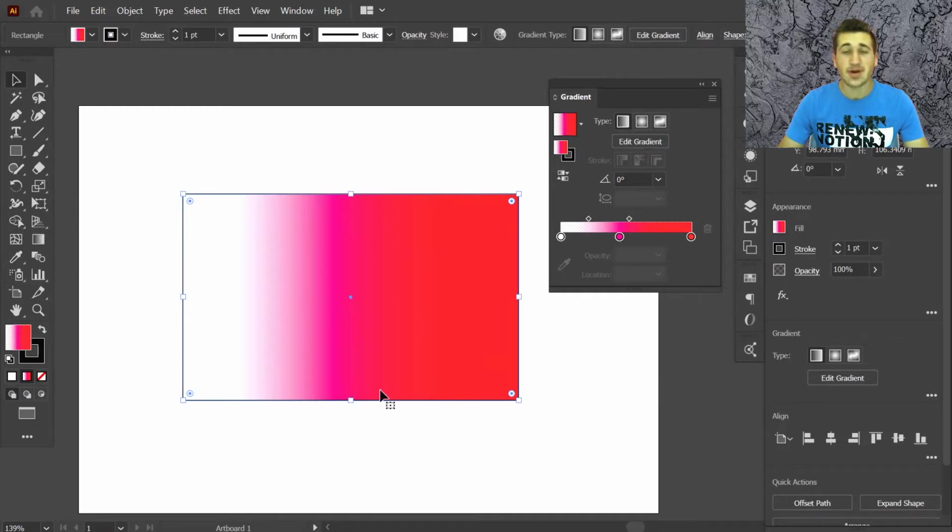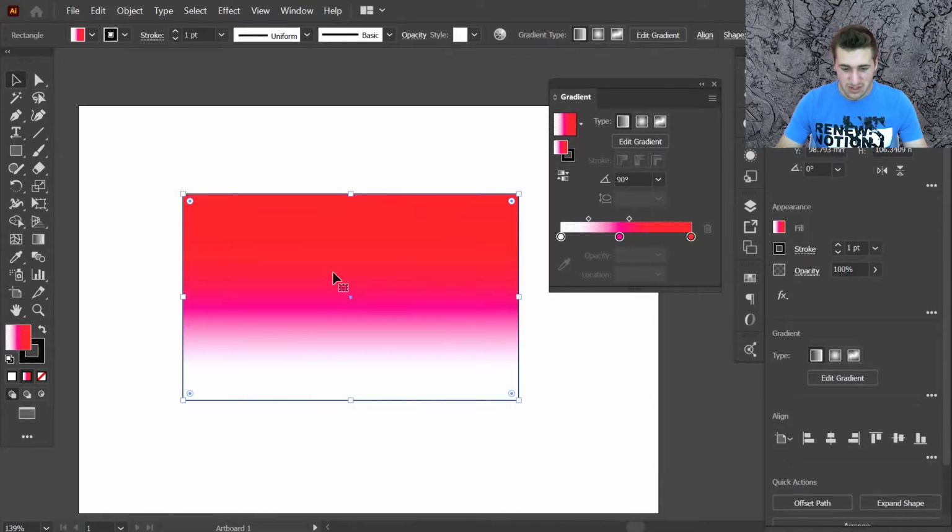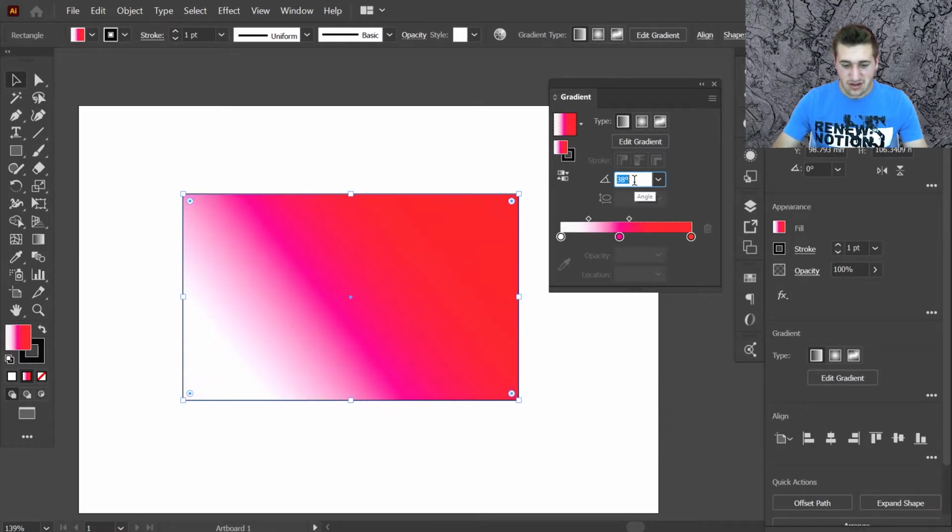So until now we spoke about regular linear gradients, either horizontal or vertical. You can even change the angle from here, so you can get any angle you want. As you can see, you can just change it here to any angle. But there is another gradient that's a